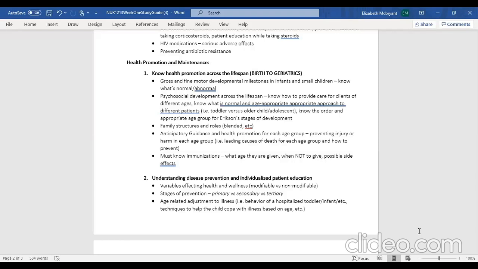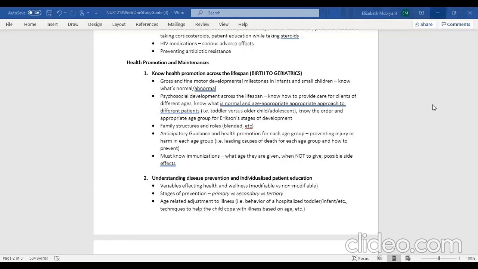Anticipatory guidance. Again, this is health promotion. You know, being familiar with how these patients, and plus culture, that's in fundamentals. I'm over that culture stuff. Because as you can see, everybody, culture is about who you are around. It's not about the color of your skin. Depending on where you grow up and what your family values are and things like that is going to determine how you respond and behave. So anyways, knowing how to educate families, parents,